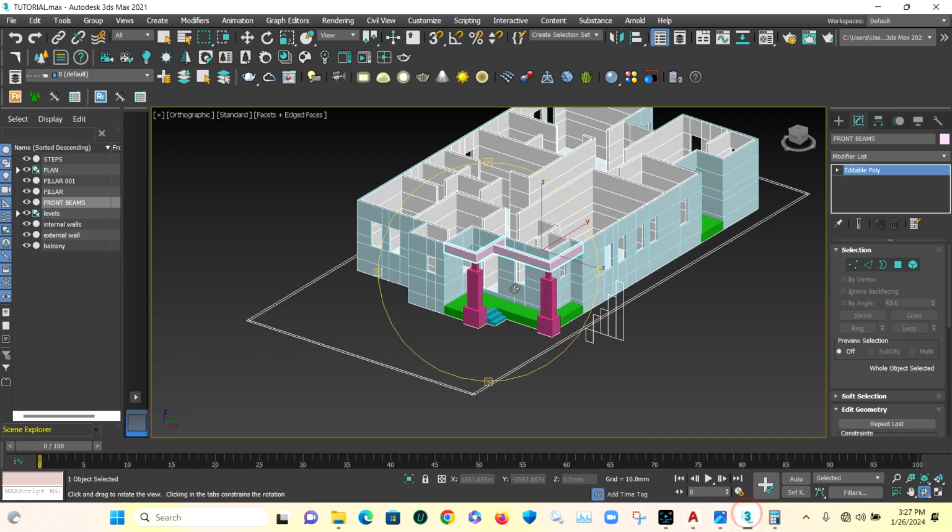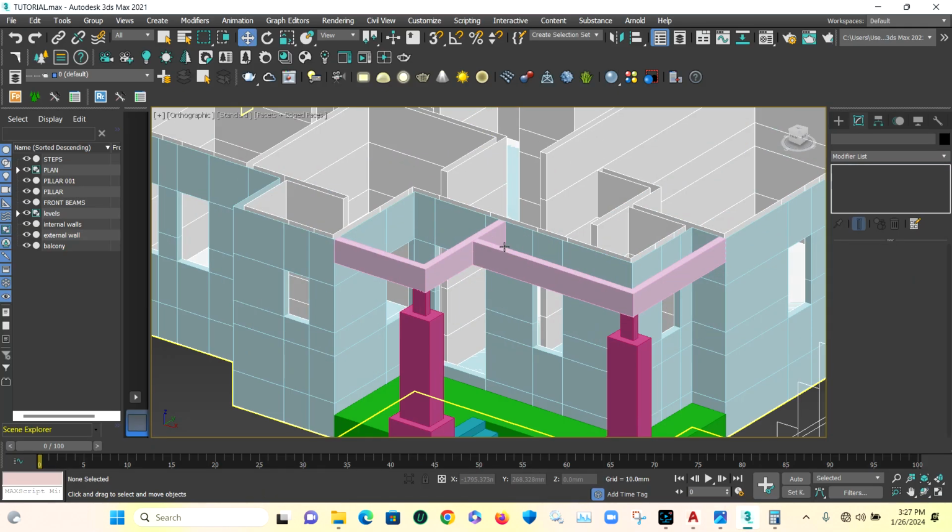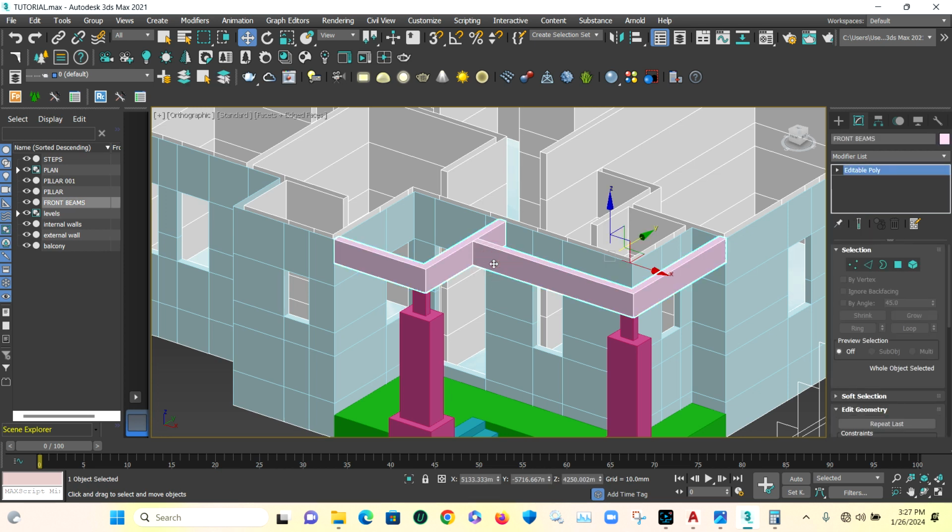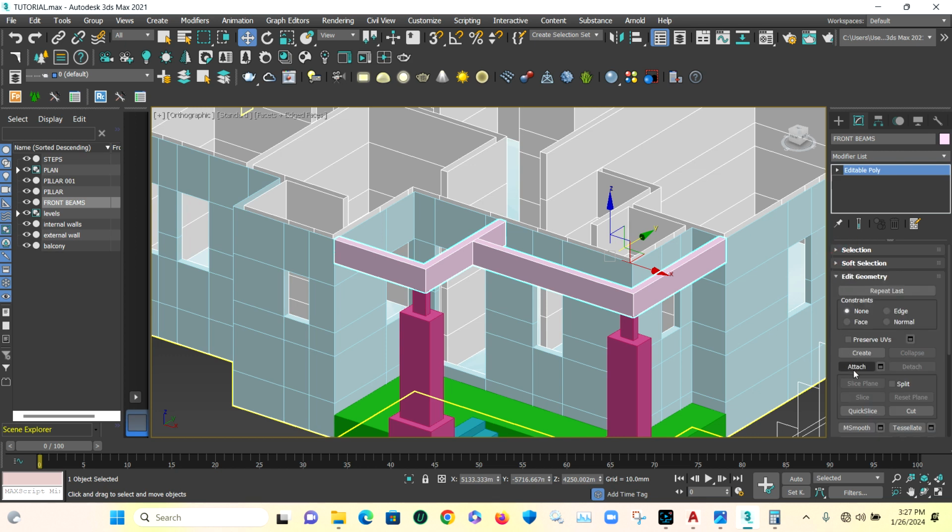So how do you do that? You go back here. Remember, we attached these two things, but now I want to detach it. They are no longer together. So you just select it, make sure you are at modify, then go to edit geometry. This is edit geometry. Then go to